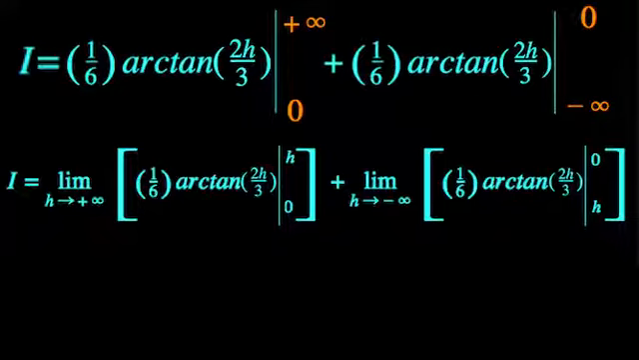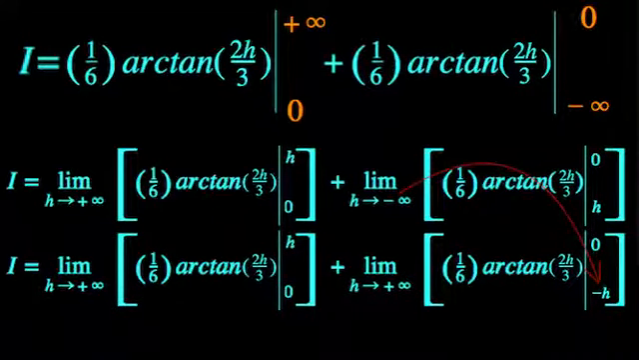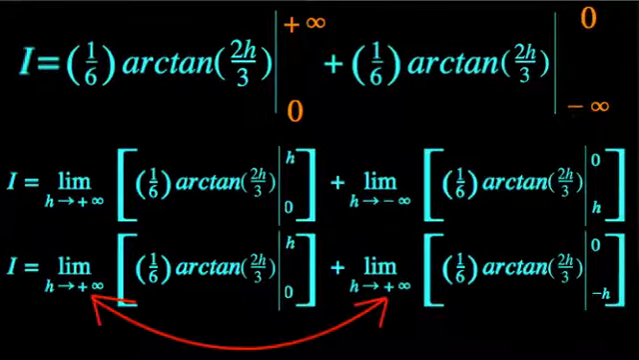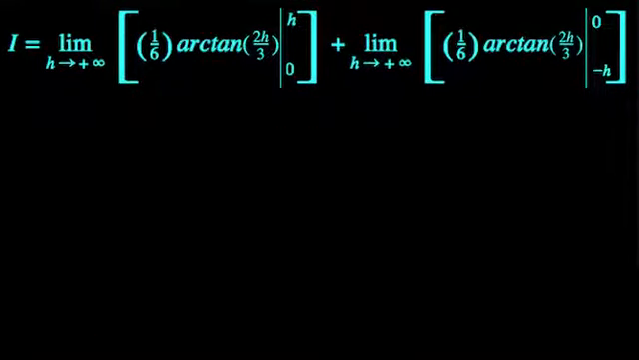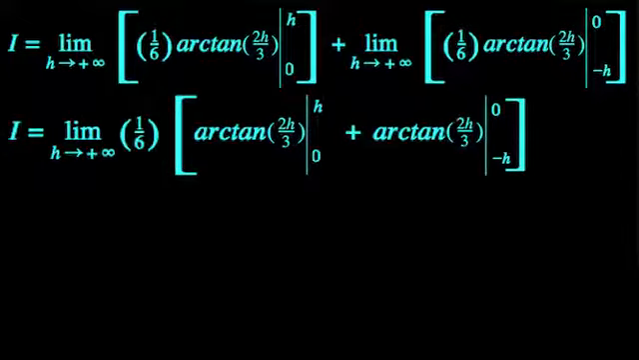Now for the limit on the right-hand side, h is approaching negative infinity. For this example, we can interchange the minus signs so that we have identical limits on the outsides of both expressions. So let's combine these limits and factor out that 1 over 6 in both expressions. And moving